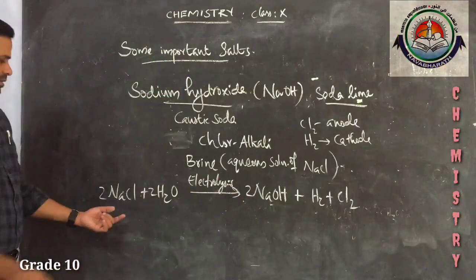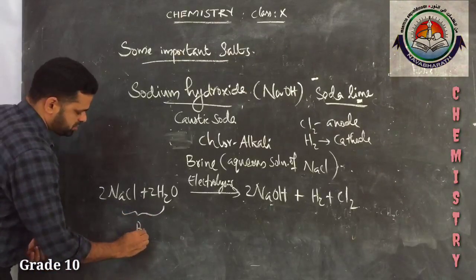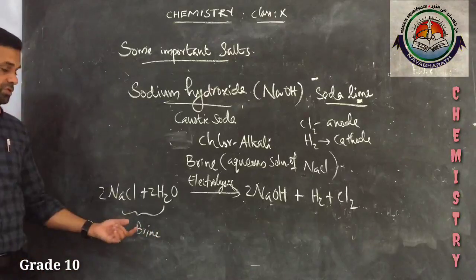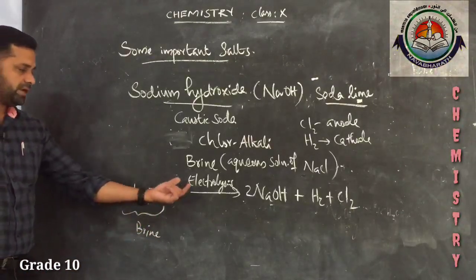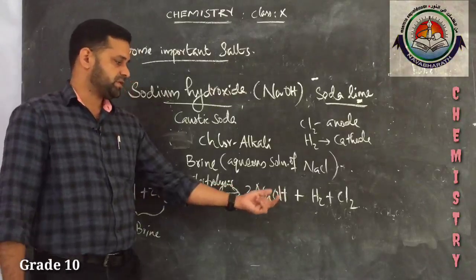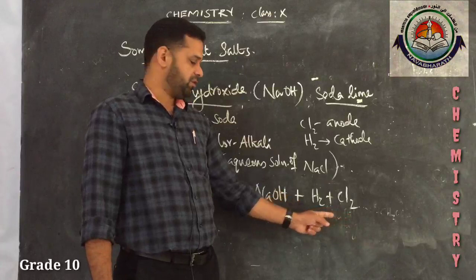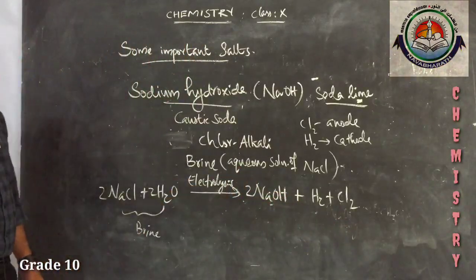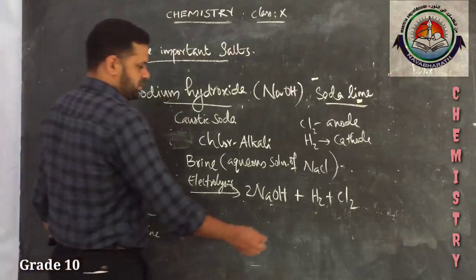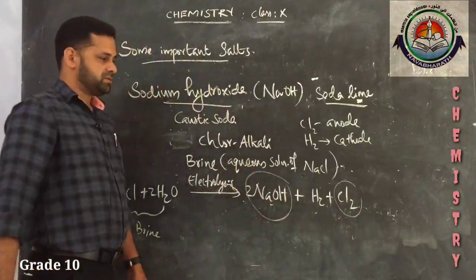See, this is called a brine solution. The aqueous solution of sodium chloride is called a brine. So, brine on electrolysis gives sodium hydroxide plus H2 plus Cl2. Cl2, chlorine, is formed at the anode, and hydrogen is formed at the cathode, and also we get sodium hydroxide. Since the products contain chlorine and alkali,